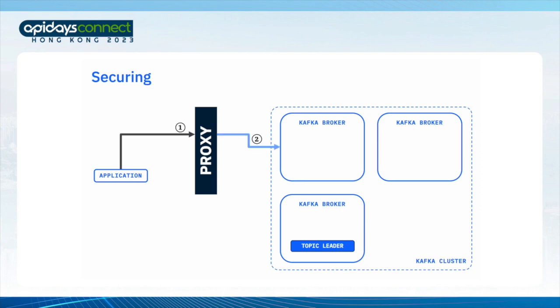The application would make that metadata request. I want to consume events from topic X, a request that would be routed to some random broker in the cluster. That broker would respond with the connection details of the actual broker that hosts the topic. And if the proxy passes that response on as is, the application will use that to make a connection directly to the real broker, bypassing the proxy for the remainder of the communication, removing that proxy's ability to do any of the things that I've been talking about, enforcing access, applying policies, performing filtering, measuring usage and analytics, and so on.